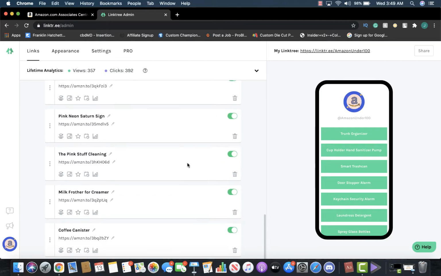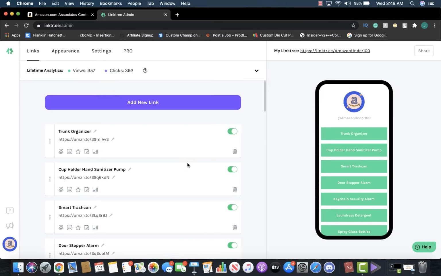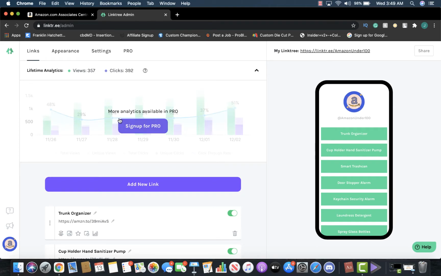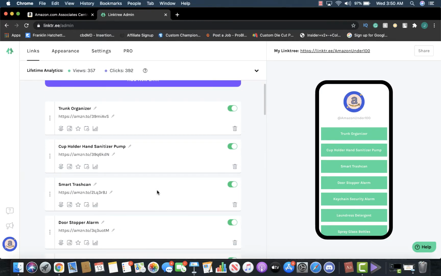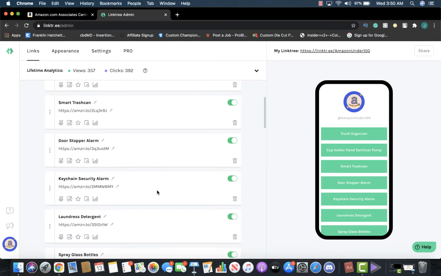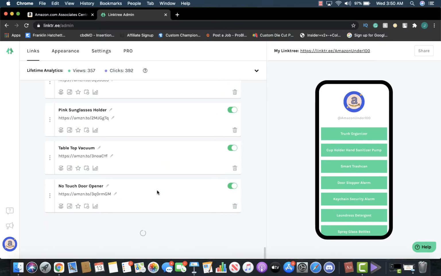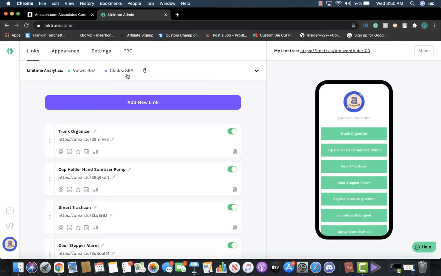And I'm just showing you guys the free version. I use the free version. I usually use the Amazon Associates to look at all the analytics, so I don't really need Pro, so I don't pay for it. But as you can see, I started this page 4 or 5 days ago, and these are all the products I have available. And as you can see, I've already had 357 views and 392 clicks. So what you're going to want to do is